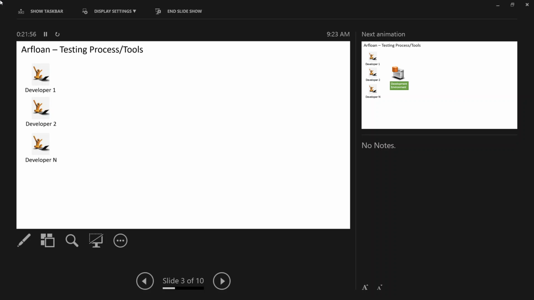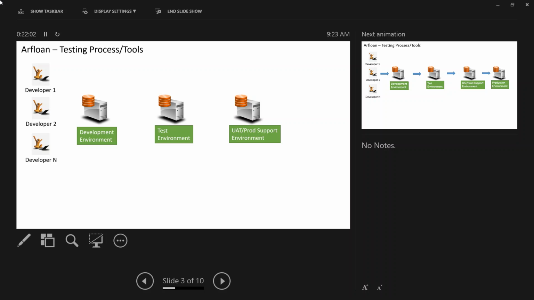So we talked about the developers, right? We have different environments. Typically you have multiple developers, in most projects more than one. You have a development environment, test environment, UAT, production support environment, and production environment.